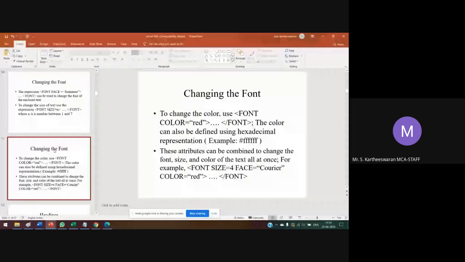Okay, the octal value. Octa means 8. So octal has 8 digits. Octal values only range from 0 to 7.